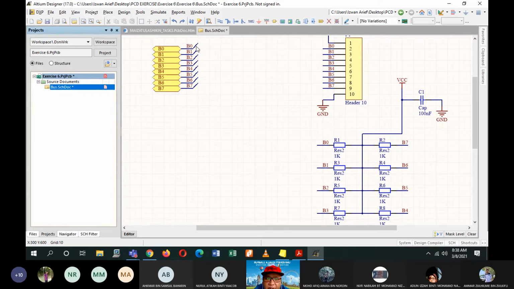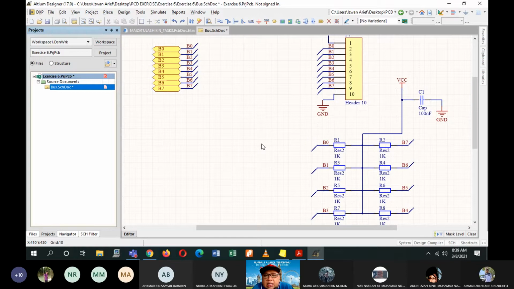Okay, so you add them at the output of this port, and then you add them at the input of this header as well as at the resistors. It doesn't matter, don't worry. Some go up, some go down, but as long as they are 45 degrees, they are diagonal, which means it is okay.